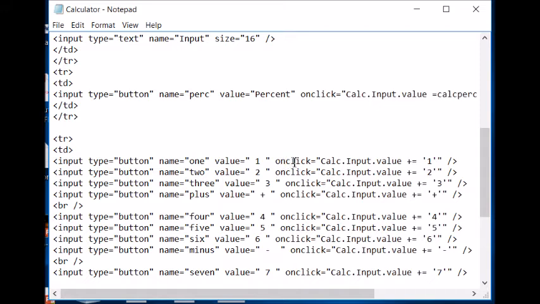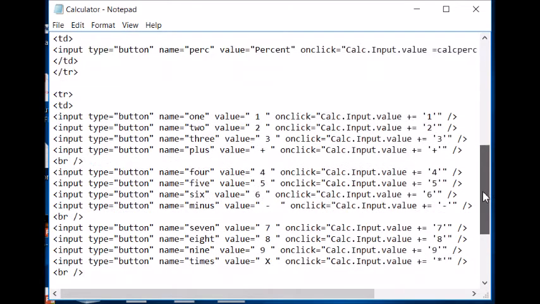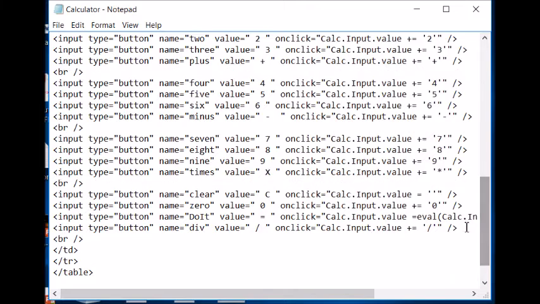This onclick represents a program that's going to be called. What this program does is add the value of that button to the text box at the top of the calculator. And you keep adding those key entries until you get ready to calculate something, which is right here where you see the equal,